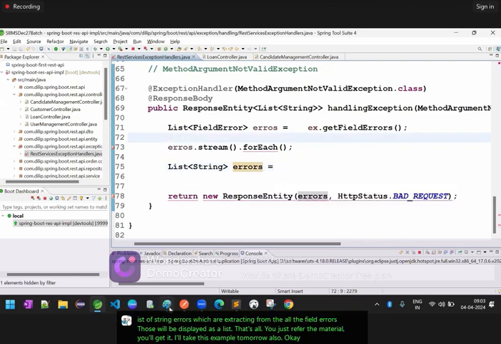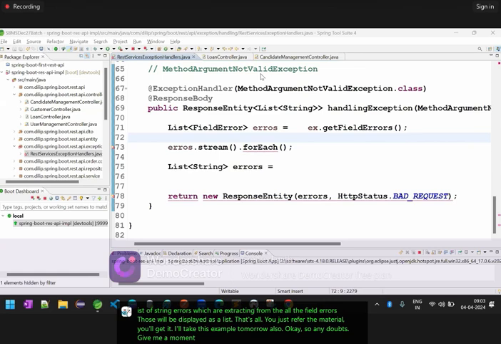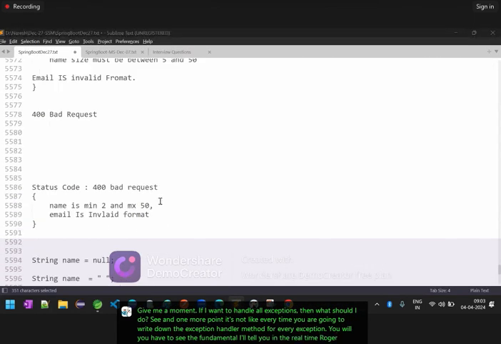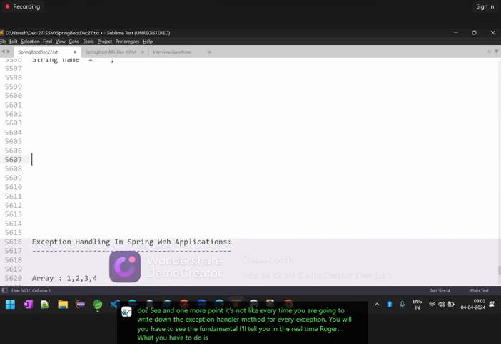Okay, so any doubts? Give me a moment. If I want to handle all exceptions, then what should I do? See, and one more point. It's not like every time you are going to write the exception handler method for every exception. You have to see the fundamental. I'll tell you about the real-time project. What you have to do is you have to make sure